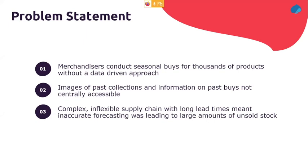And at the time, they did not have a data-driven approach to their seasonal buy. In addition to not having a data-driven approach, they did not have a central place where they could access images or information from their past collections, so that they could speed up the process of their buy. And lastly, due to inaccurate forecasting, they had lots of unsold stock at the end of the season